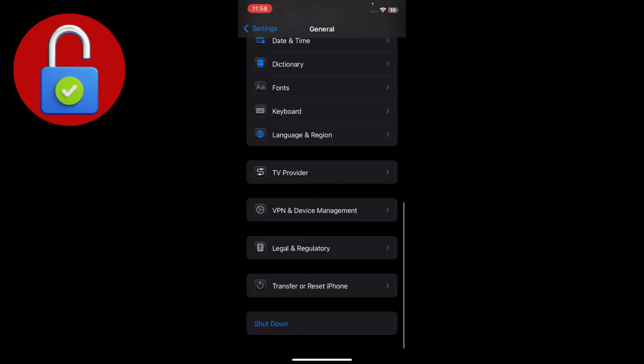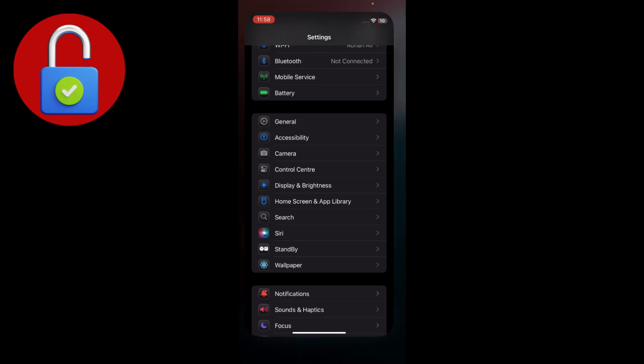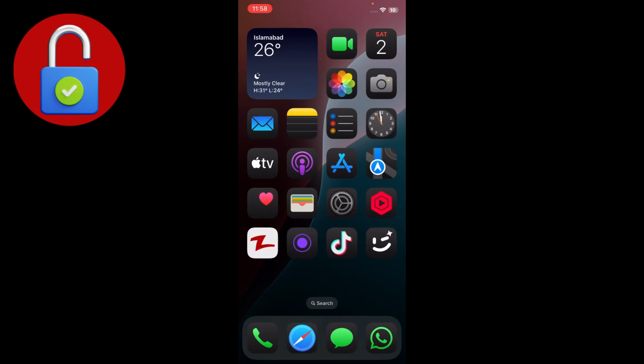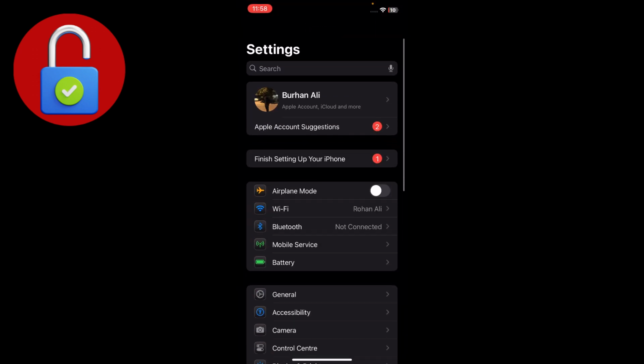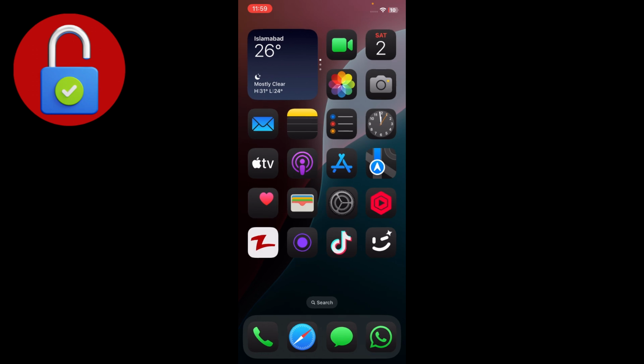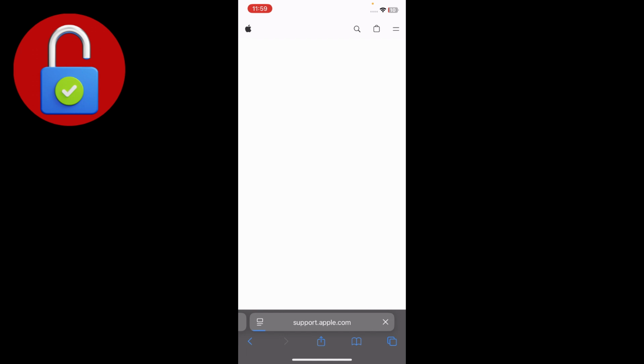After that, simply go back, and after that go back out of settings, and restart your phone. Turn on your iPhone again, go to settings, and try to sign up and create your Apple account. If you face the issue again, simply go back, go to Safari, and search for getsupport.apple.com. Just tap on that,